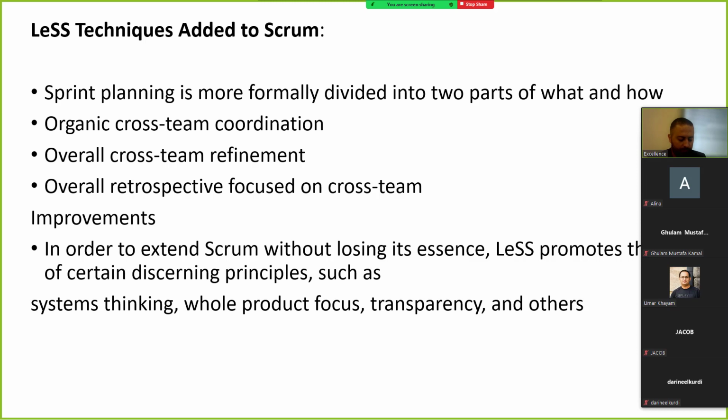In order to extend Scrum without losing its essence, LeSS promotes the